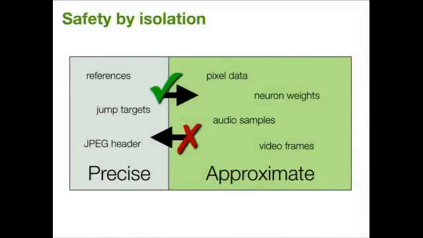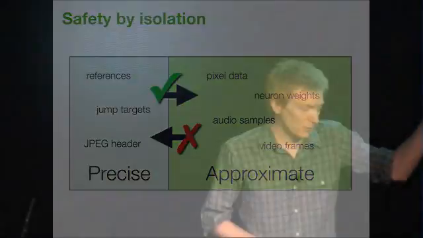What I think a programming language can help programmers do, once we've asked the programmer to make this distinction between critical and non-critical parts of a program, is to help isolate those. That is, we want to prevent the programmer from accidentally shooting themselves in the foot, taking data from the Wild West of the approximate part of the program and letting it flow into the precise part of the program, causing arbitrarily bad behavior.